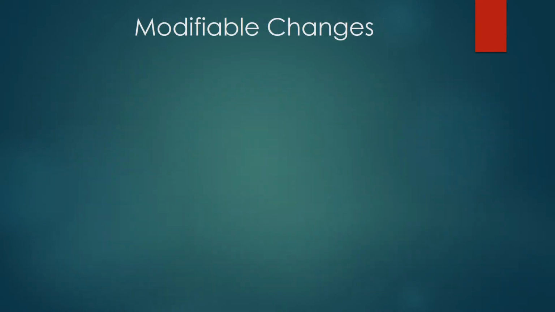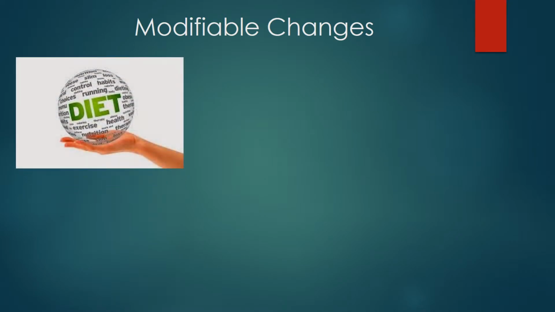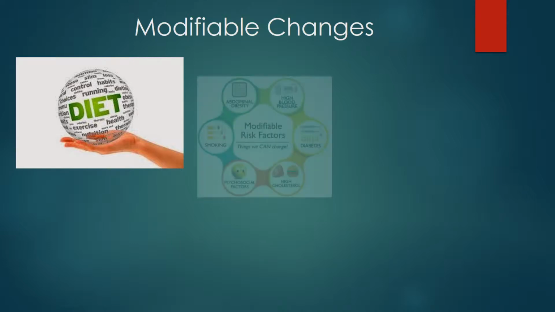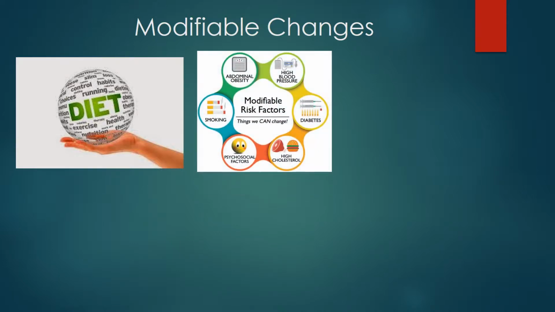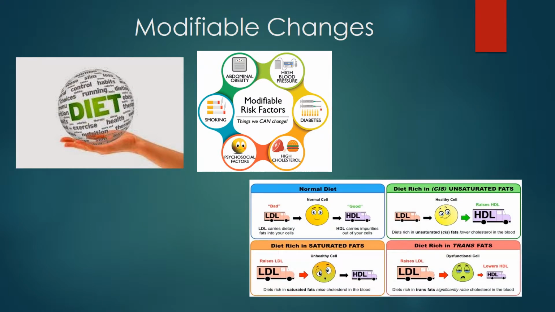What can we do to stay healthy? We can make changes to reduce our risk of disease by becoming conscious of what we put into our body, as well as engaging in moderate exercise. A proper diet will help support the cells within the body to function how they're supposed to. If we are eating a normal diet, we will be able to properly distribute dietary fats into and out of our cells.